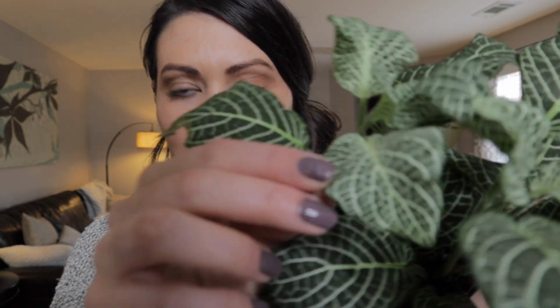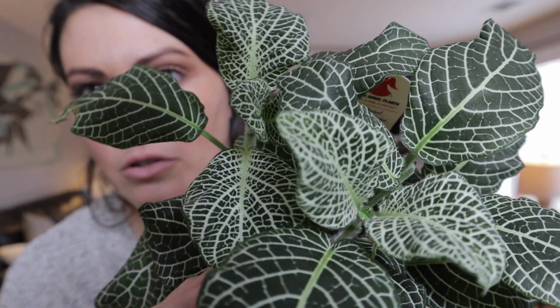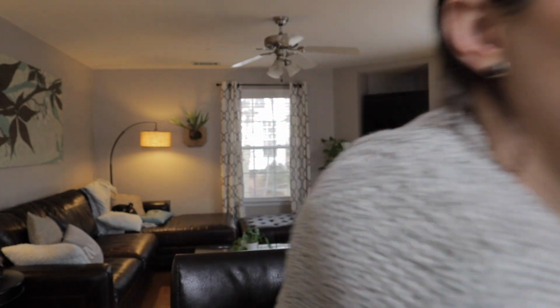I love when the new leaves come out because you can see where the lines are and it gets kind of thick and geometrical looking. And they come in a variety of colors as well. They also have a pink one or a red one. So these are really, really cool plants that I highly recommend that I don't hear about that often, and I just think they're awesome. So the next plant everyone has heard of, which is a pothos,